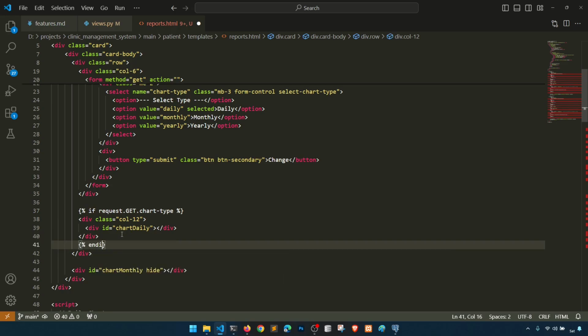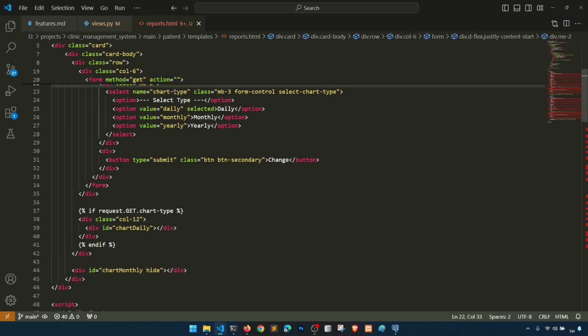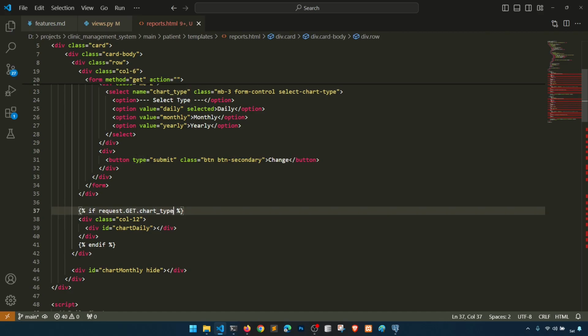Then we will end if, right? One more thing, let's rename it chart type. Okay, so this one. And one more thing, add here the condition if this is chart type and chart type